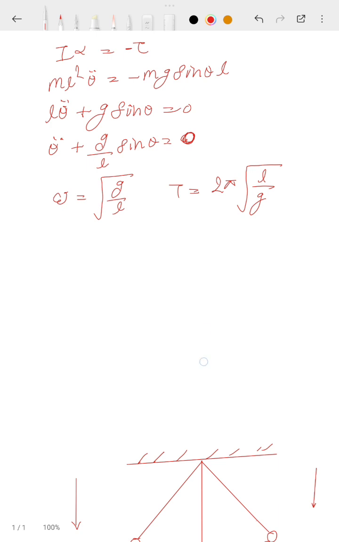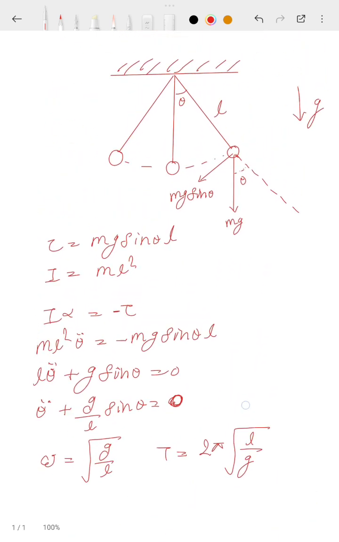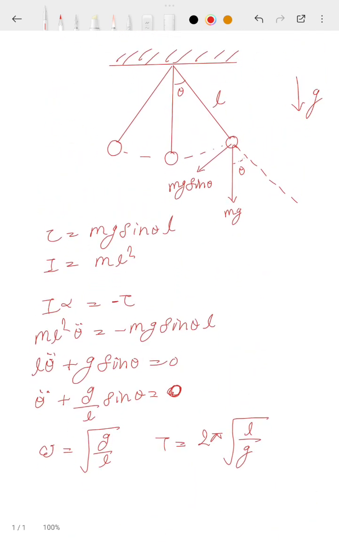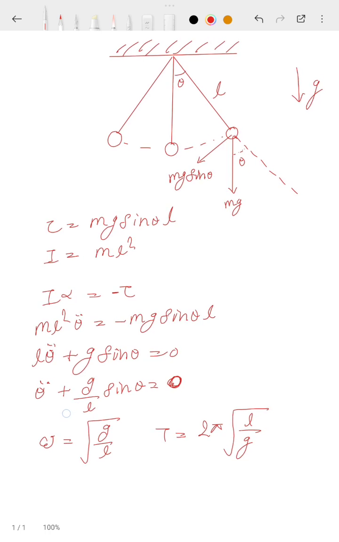So generally we do this in such a way: if a pendulum is oscillating under gravity, the equation of motion will be theta double dot plus g upon L sin theta equal to 0, and omega we can write as square root of g upon L, T equal to 2 pi square root of L upon g. So it's a normal thing we do in class 12th and 11th also. But the thing I want to convey to you